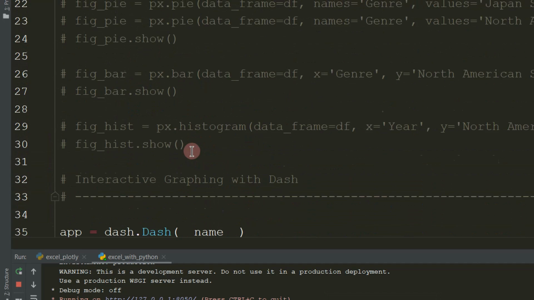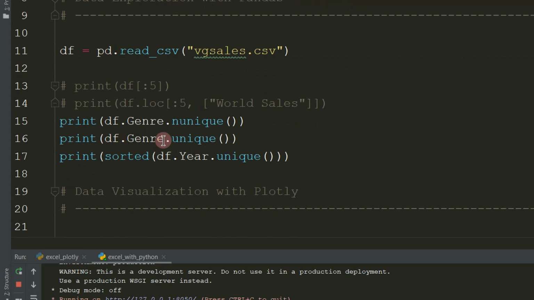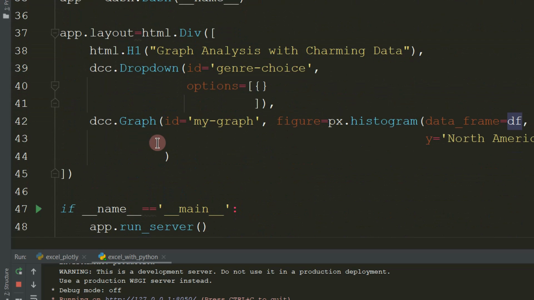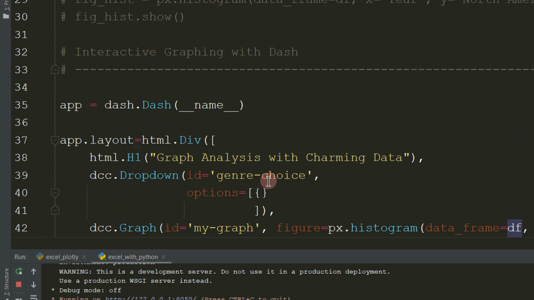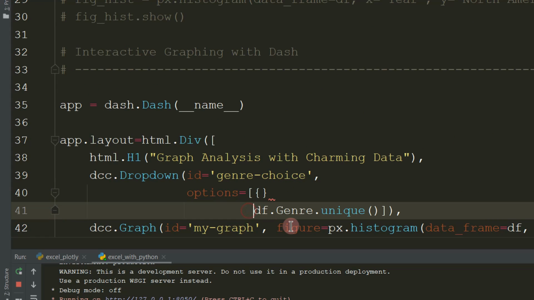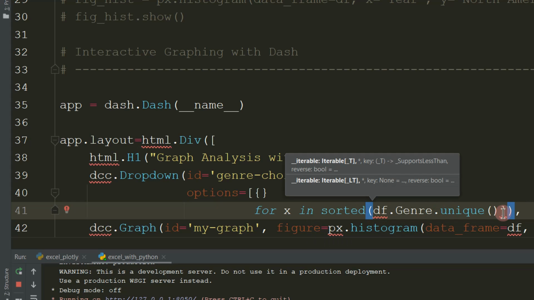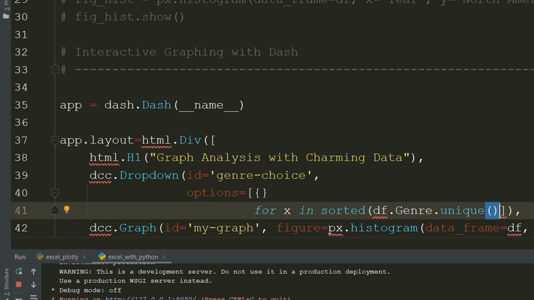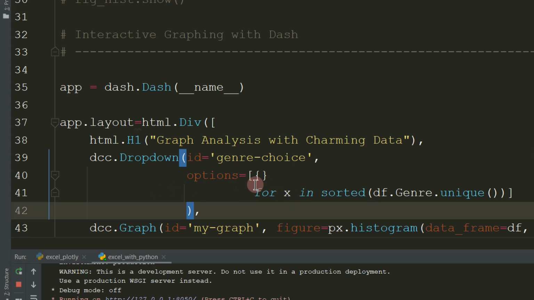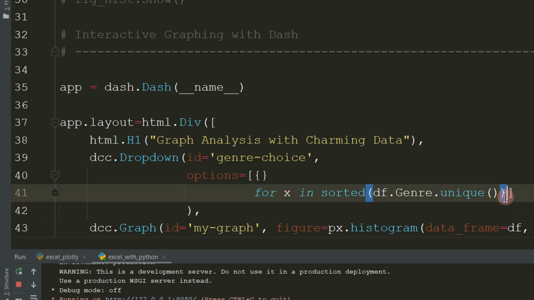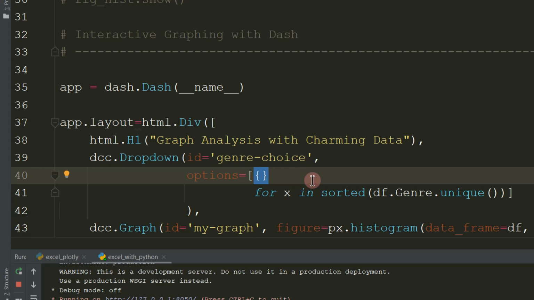So really what you could do is just copy paste from here for every df genre unique, because you've got to make sure that it's unique. Because there's multiple, you don't want to have 16,000 options. You just want to have several. For every x in all of these unique genres, let's sort them so they're alphabetized. Sorted. Okay. For x in sorted, the genre unique,